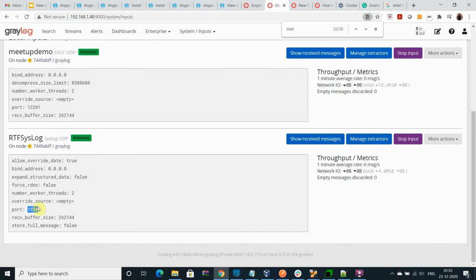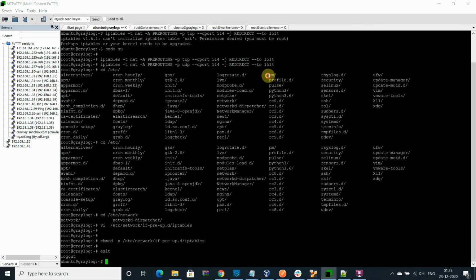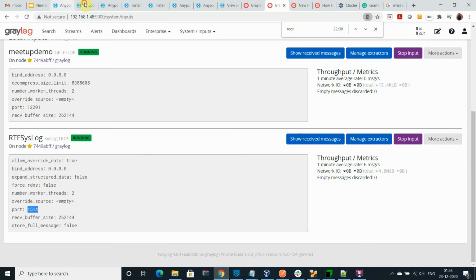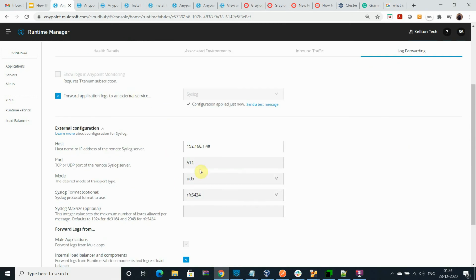It helped me to configure syslog because Graylog is not accepting a 3-digit port in configuration. So I have configured 1514, forwarding my port from a 3-digit to a 4-digit port, which I can configure. So the log forwarding is happening from here, from 514 to 1514, which I have configured in my Runtime Fabric log forwarding configuration.